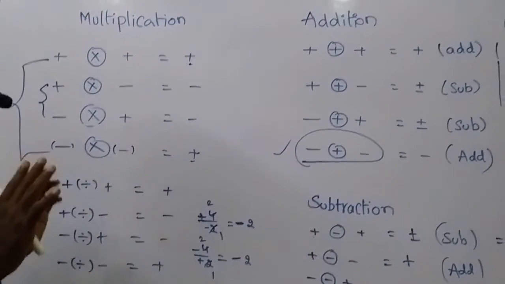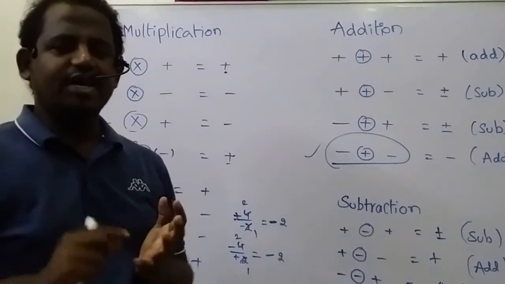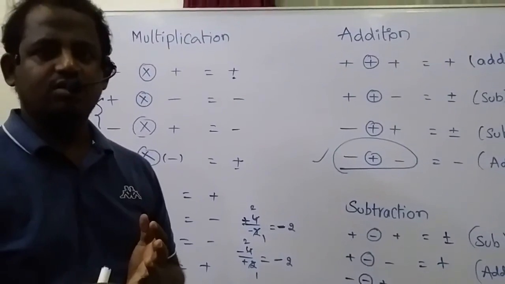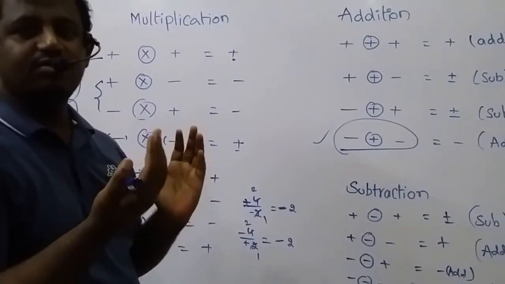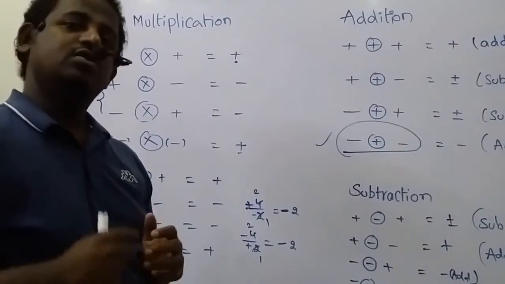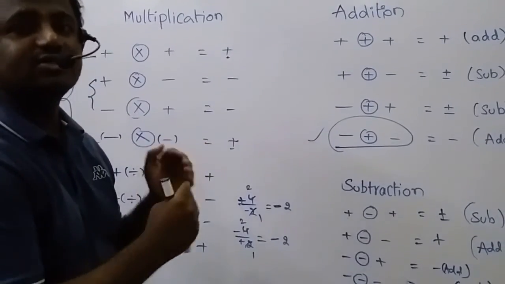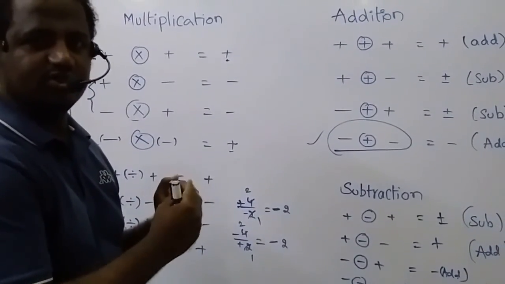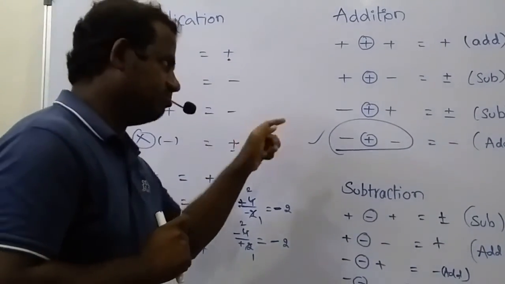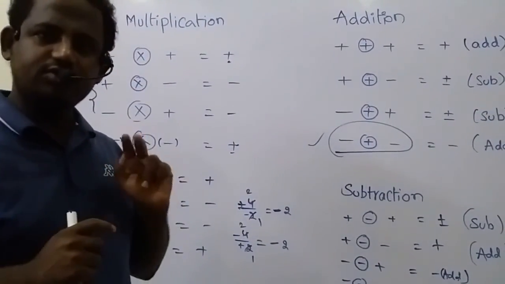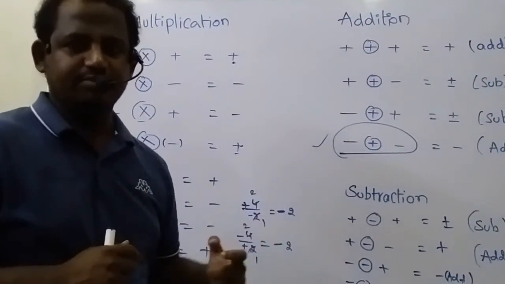So finally, my request is: when you are performing addition, subtraction, multiplication or division on numbers, whatever importance we give to the numbers, the same importance we have to give to the signs, whatever sign or symbol, positive or negative, the numbers have. We have to give the same importance to the symbols also. We give the same importance to the numbers and the signs before the numbers.